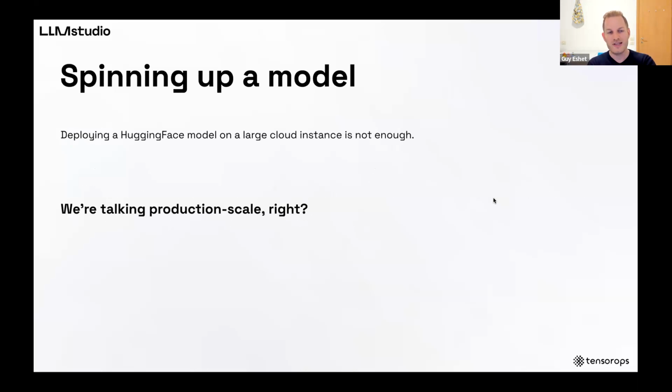Now, it sometimes sounds like hosting your model is just downloading something from Hugging Face and that's it. Like, let's take an instance, put a Hugging Face model on it, and it's going to be enough. However, we're talking production scale, right? Production scale can be for 2 million users or for 1,000 users, but you want to have zero downtime. This is what I mean when I talk about production. It's not just having infinite scale like ChatGPT, it's also having zero downtime,